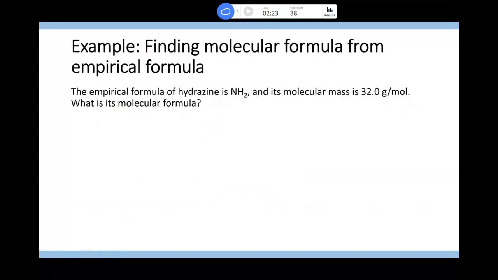Let's look at an example where our empirical formula is not the molecular formula. So the empirical formula of a molecule called hydrazine is NH2. Its molar mass of the actual molecule is 32.0 grams per mole. Now the question is, what is the molecular formula? So to determine this, we need to find the molar mass of the empirical formula. So the molar mass of NH2